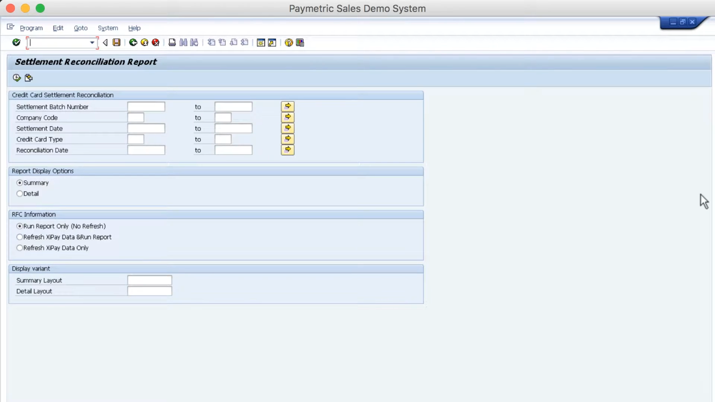Paymetric's XiRecon for SAP report allows for consolidated reporting of information from the SAP database, from Paymetric's cloud-based environment, as well as from a processor. This information is consolidated into a report executed and viewed within the SAP application. It allows an end user to compare information about a settlement batch that has been compiled in the three different